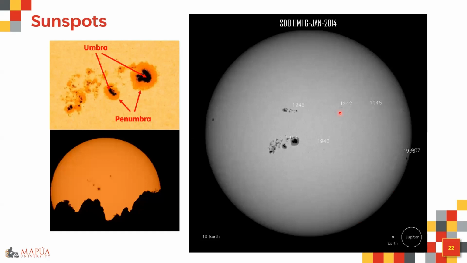So this is an example of the image of the sun using the Solar Dynamics Observatory, using the continuum spectrum, last January 6, 2014. So we can see here that there is a very large sunspot group. We call this active region 1944. Okay. And this is actually much larger in terms of radius and size than your Earth.